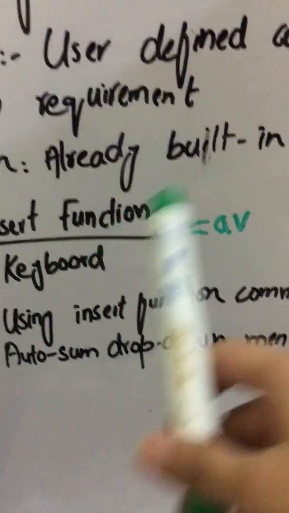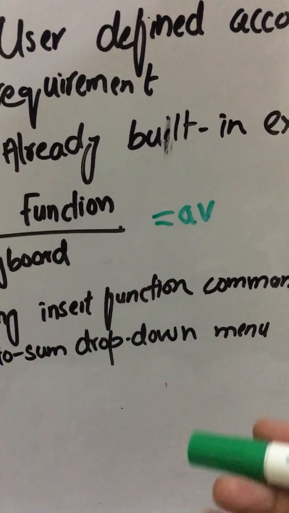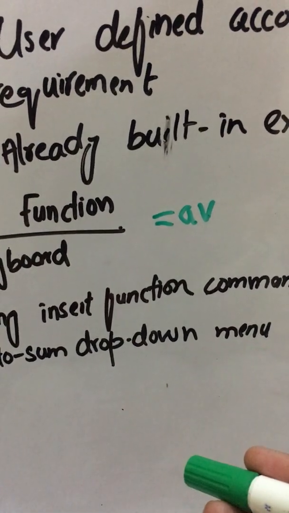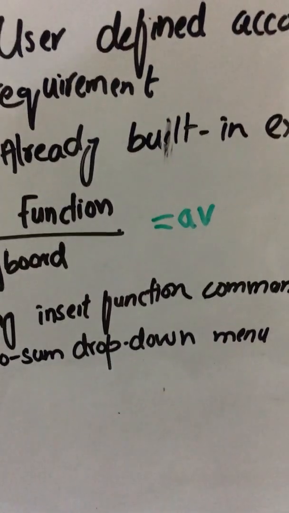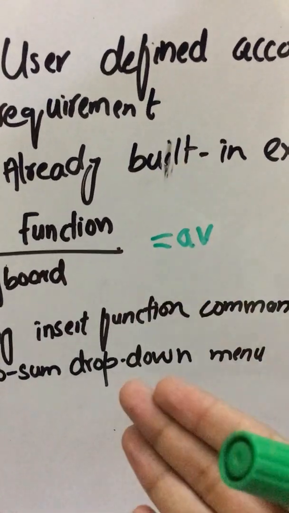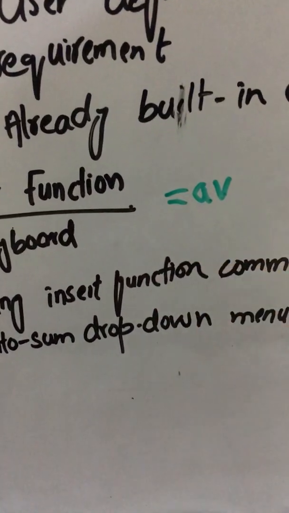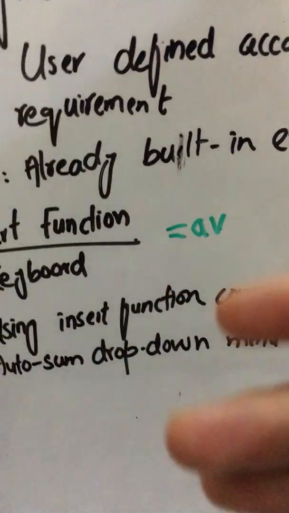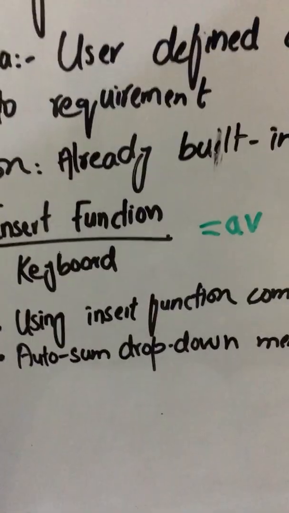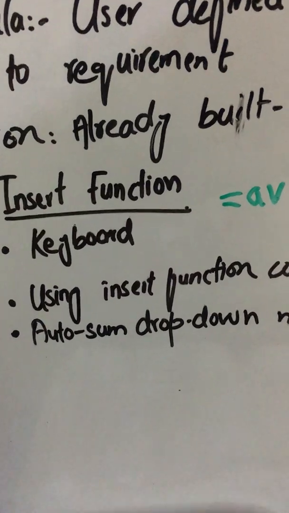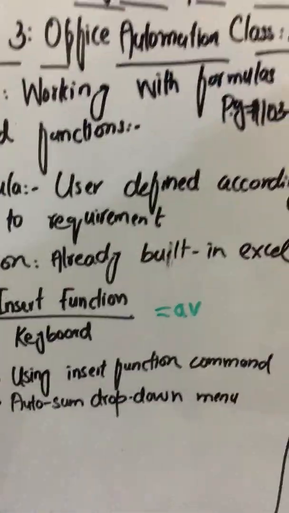And then you can use the auto sum drop down menu. In this way, you have to select the cell where the answer will appear, click the formulas tab, open the auto sum drop down menu in the function library and select the function. Here you have only some specific functions, that is sum, average, count numbers, max and minimums, and at the bottom of that drop down menu you will have the option of more functions, so you can use other functions also if you want to. So these were three methods for using the function.